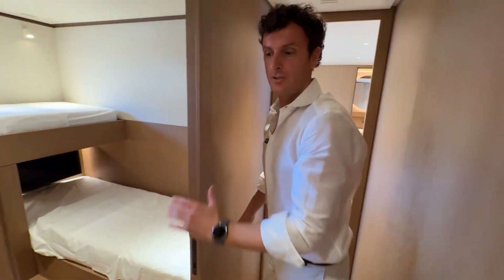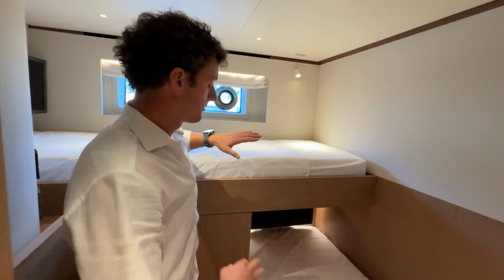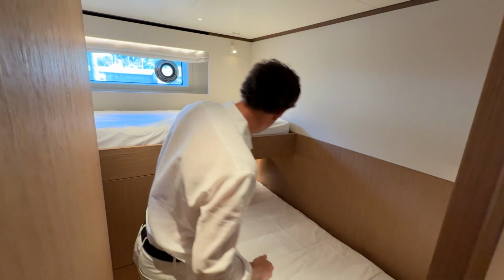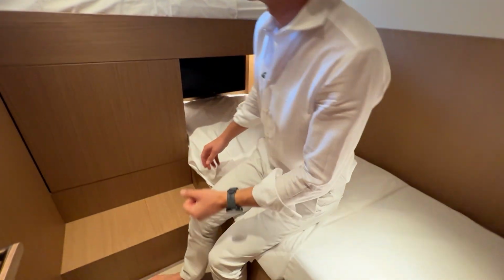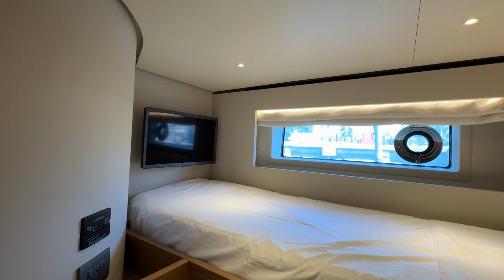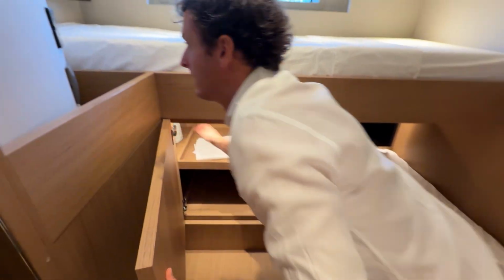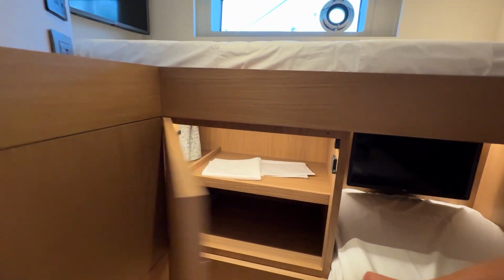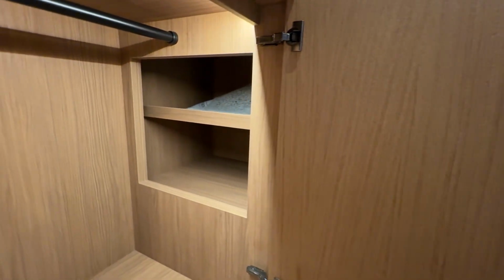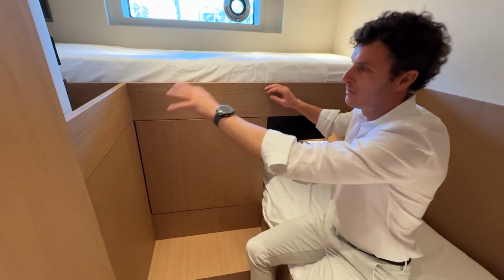Over here on the starboard side, just next to the washer, we have the fourth stateroom, which is featuring two beds in the L shape, really well made from a design point of view. There's plenty of space. As you can see, there's one TV for this bed, one TV for the upper bunk bed. There's plenty of storage because we have one cabinet here that goes all the way through underneath the end of the bed there, and another one over to this side. So really easy access. Showing right here, control for the air conditioning. Every single berth has its own